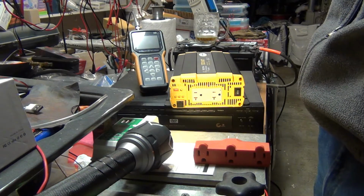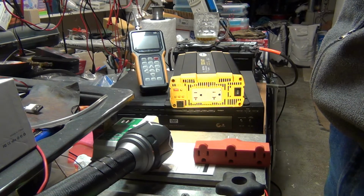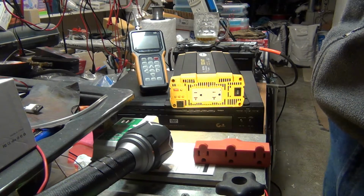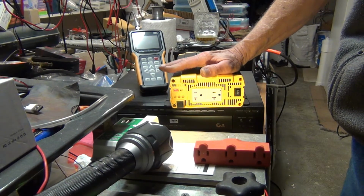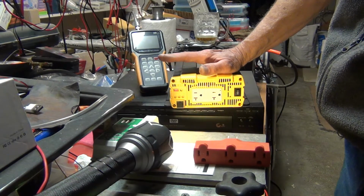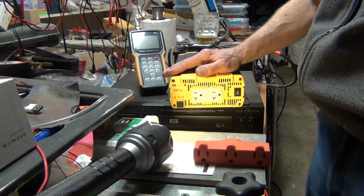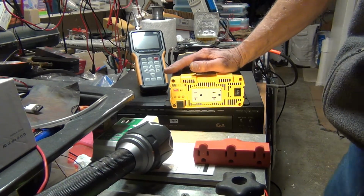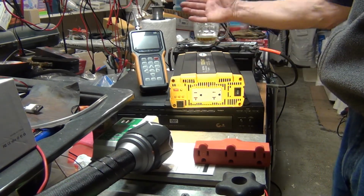So I really couldn't find much information about this on YouTube or anywhere. So I would just like to go over the functions on this and how it works and what it does, and then maybe do some testing on the voltage and the sine wave. So let's start with the front panel. There is not much on the back panel. There is just the